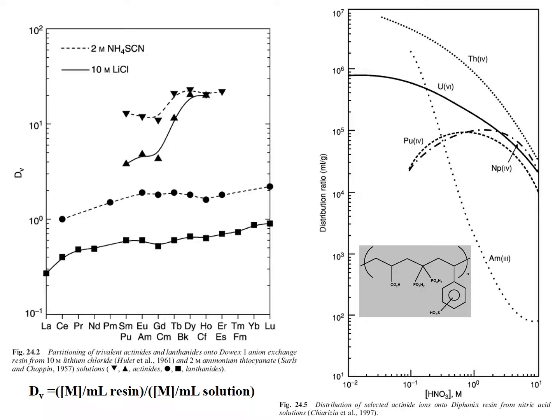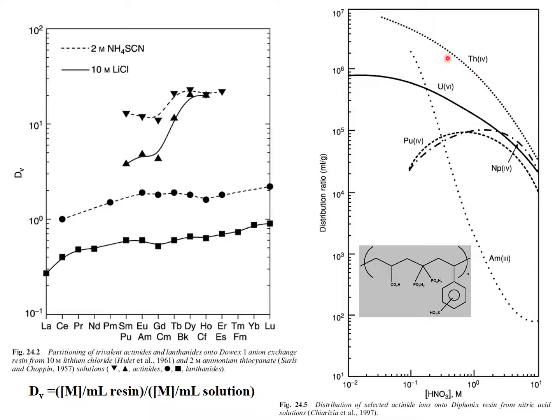Diphonics resin from nitric acid solutions. This is again a distribution coefficient, milliliters per gram. Again, rather large numbers, 10 to the 5th, 10 to the 6th. And we see as the nitric acid concentration increases, the distribution of the metal ions tends to decrease, the thorium,